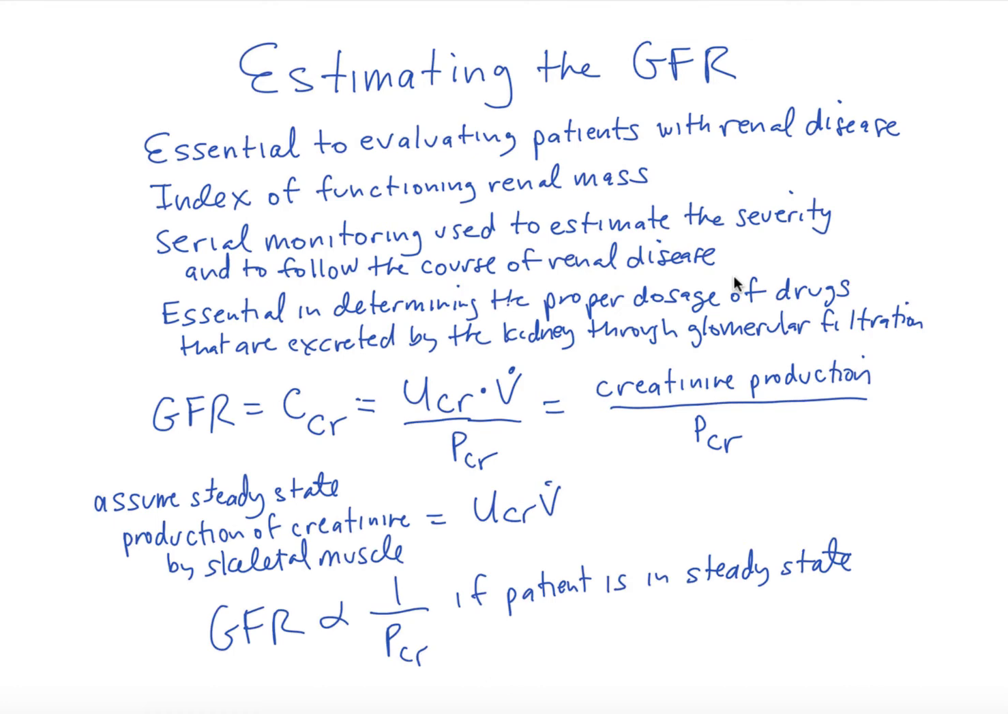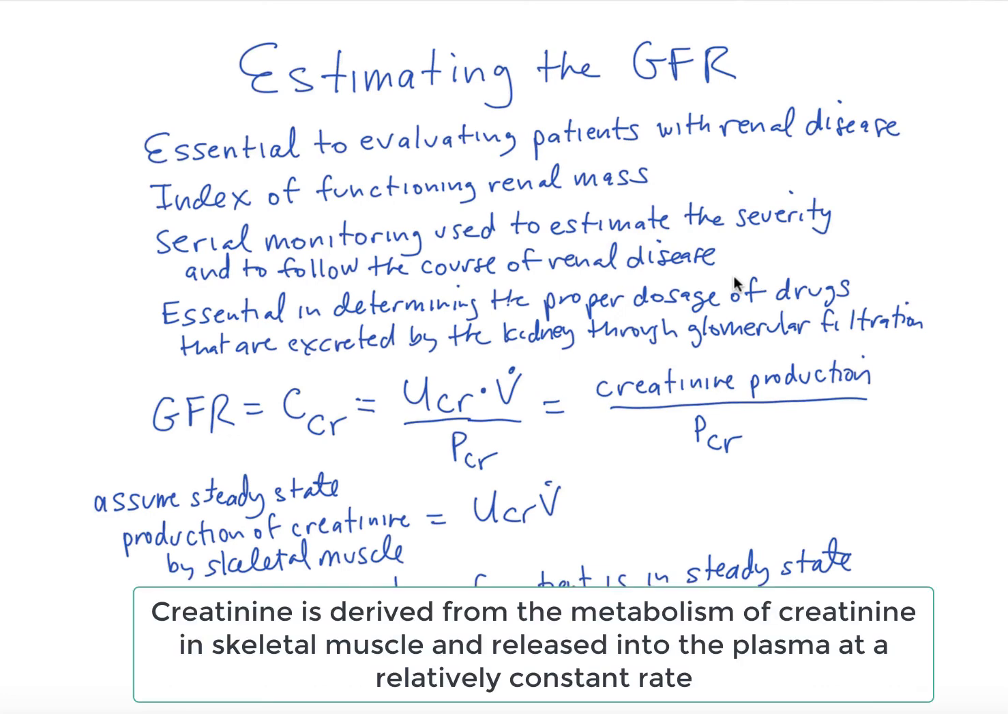This is important because if we know that the patient's in steady state, if the creatinine in the plasma doubles, for instance, that would tell us that the GFR has been halved. Or if we think the GFR has gone down to 1/3 of normal, we would expect that the plasma creatinine would go up 3-fold. So this very important inverse relationship is based off of this assumption that the creatinine production,